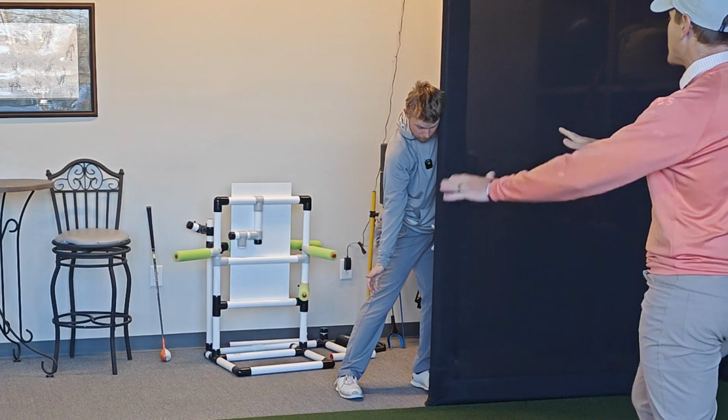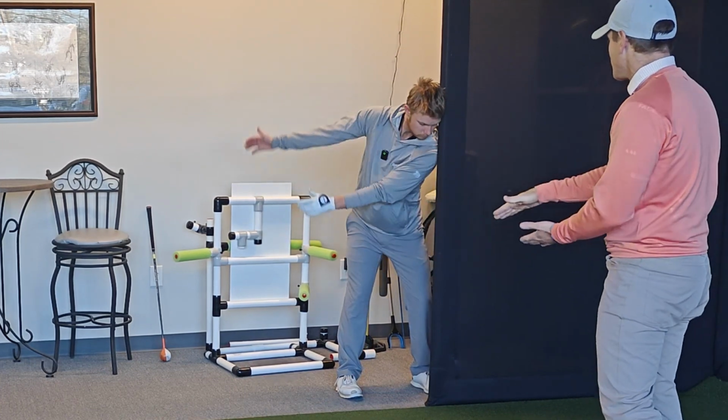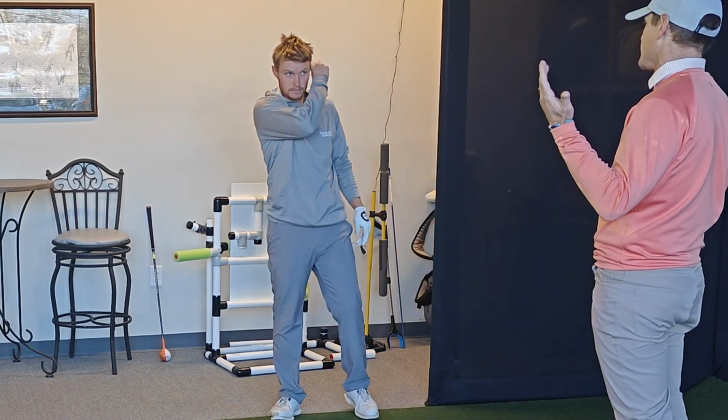If we can get you to there today and just move some of those numbers around, you're gonna hit the ball better, angle of attack will be a little more down, and you're gonna be even better than you were in the fall, which is actually ridiculous to think about because